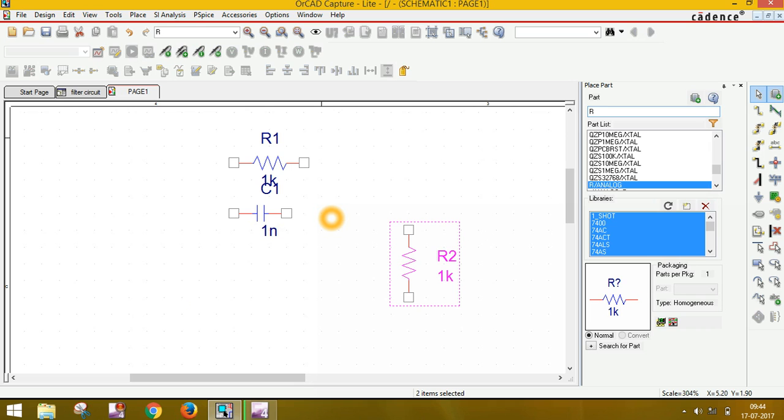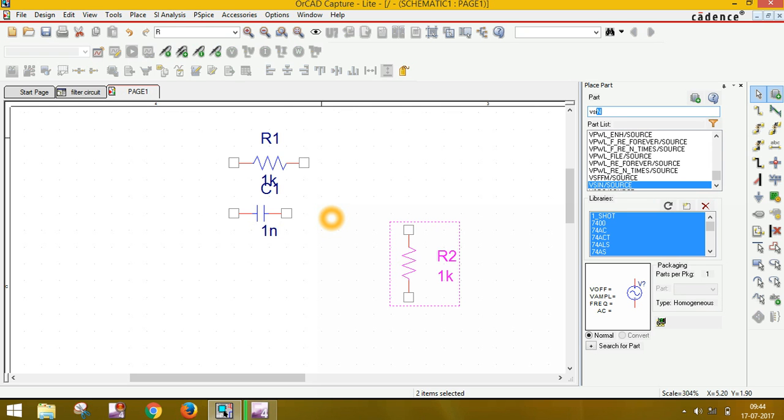And one other thing is, what is AC? You send here an input signal. So let us assume a sinusoidal AC of amplitude 1 volt and phase 0 degree. But if you place VSIN, you can see the attributes here.